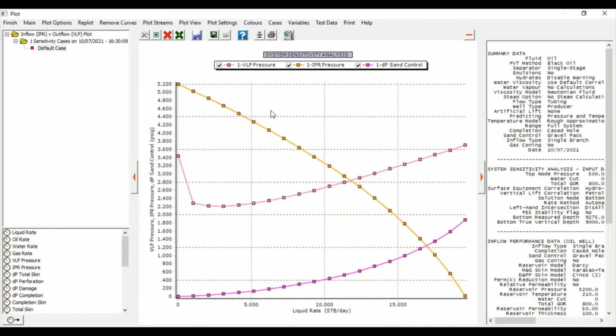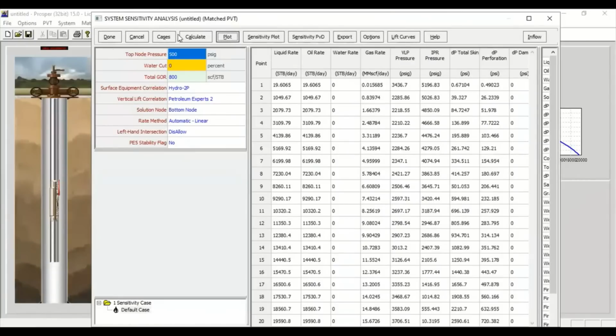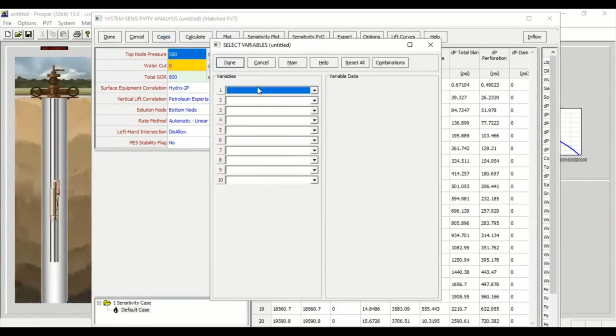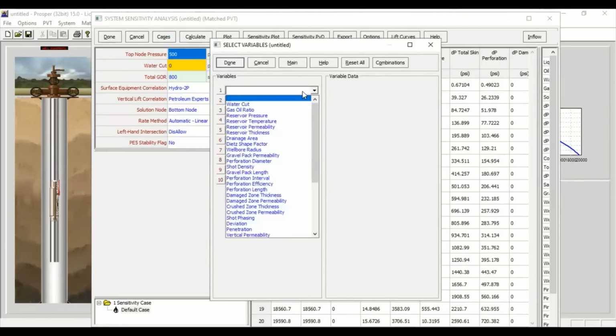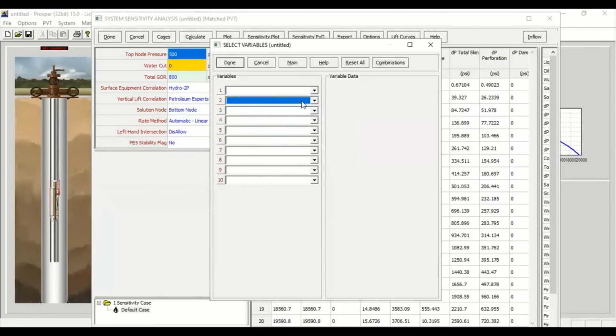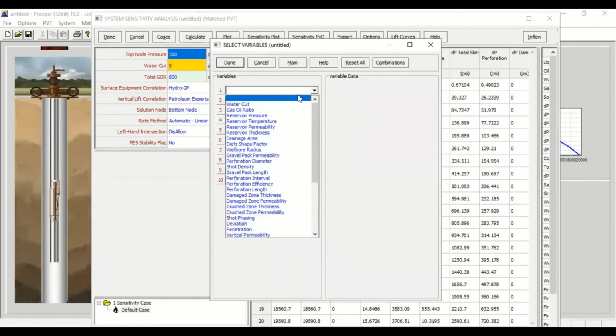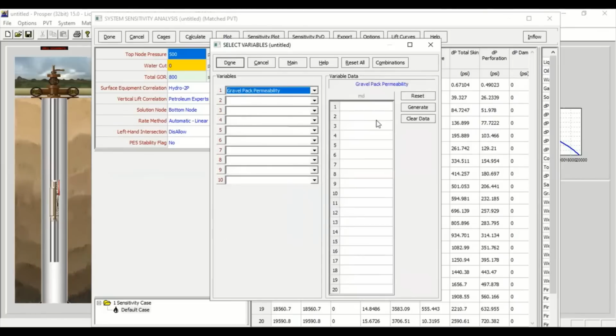And of course, we can do sensitivity. We can finish here. Okay, and then we can create cases. Click this one, cases. Okay, we can do sensitivity for numerous variables, right? You can open the drop-down section. In this example, I'm interested to do sensitivity for gravel pack permeability, right? That's very interesting. So we can click this one, gravel pack permeability, and we can input some numbers as our